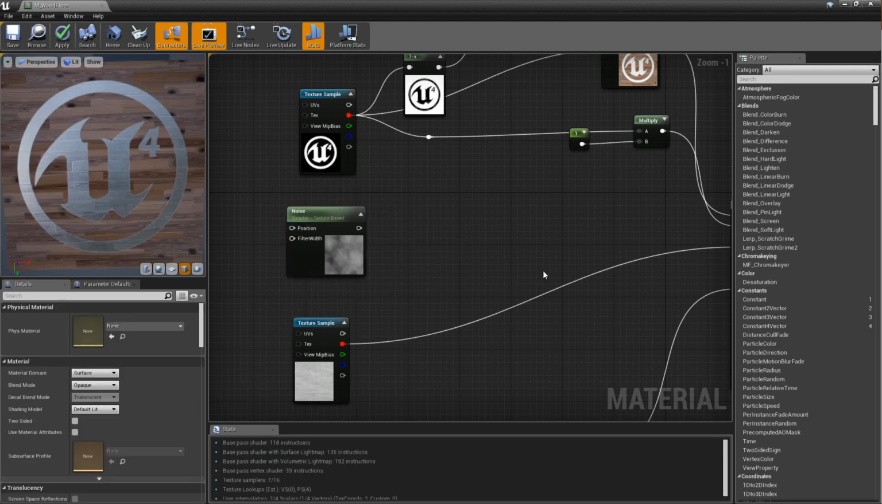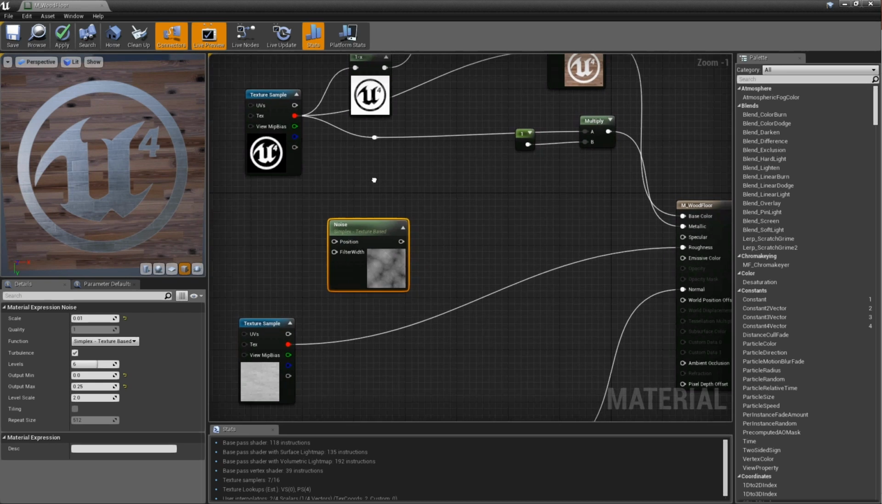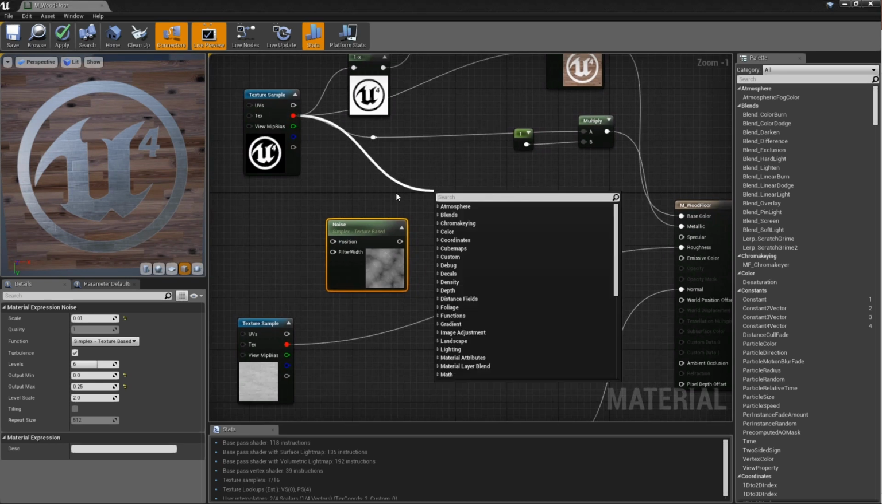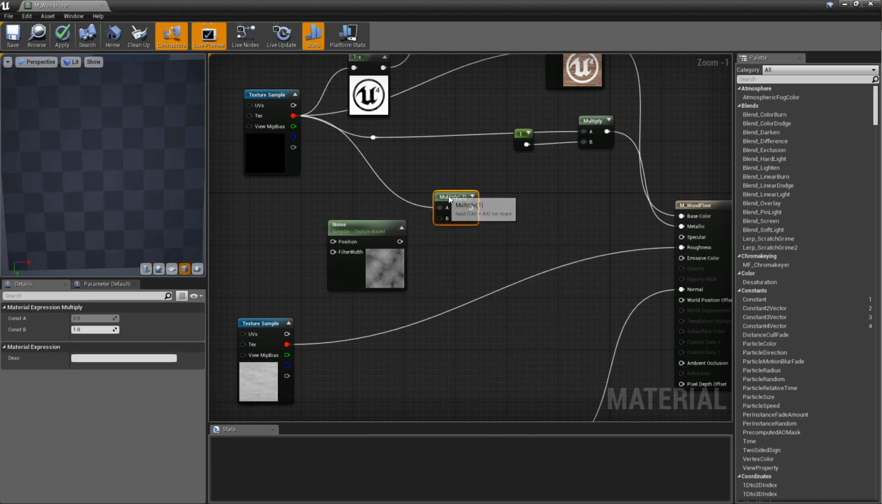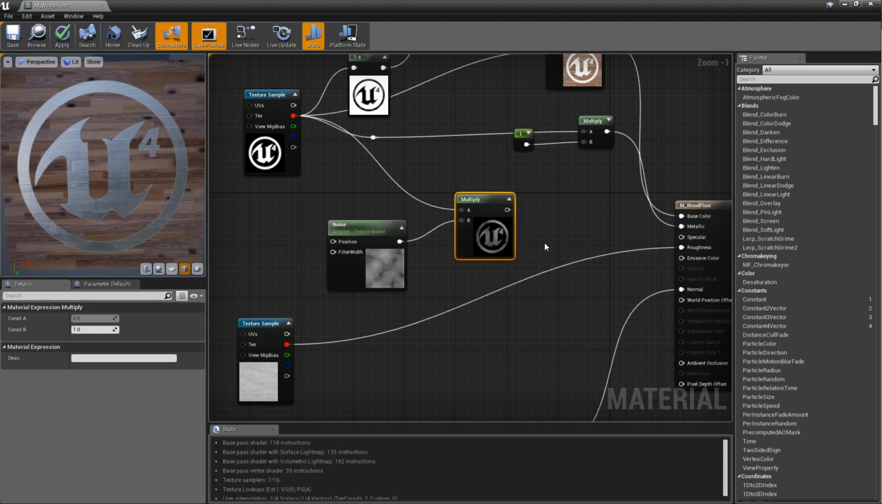Now, in order for this Perlin noise effect to only affect the metallic part, we're going to need to make use of our alpha logo again. And for this, we're going to drag off of the red channel, and we're going to do a search for multiply. And we're going to multiply that by our Perlin noise. And then we can see the result. So we can see now that just the Unreal logo here, the white part of the logo, is getting the